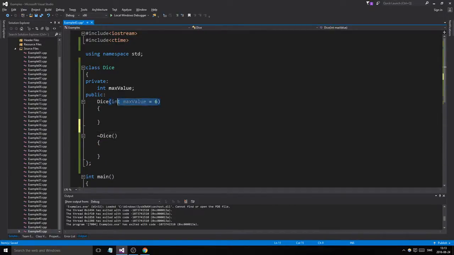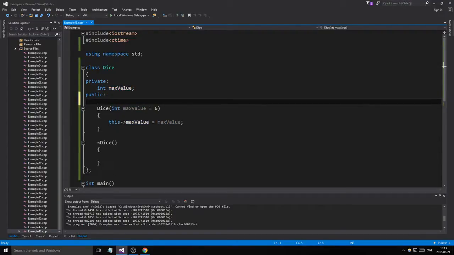See, because if you don't input anything, it'll be a default constructor, but it will still initialize it to 6. Or if you do put something in, it will be an optional constructor, and you will be able to customize that value. So this max value equals max value. Now remember the difference between this max value and this local max value here. This max value is the actual member here. So we have that,